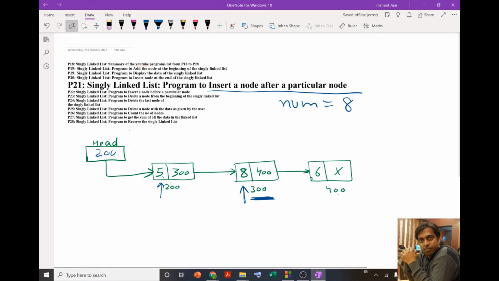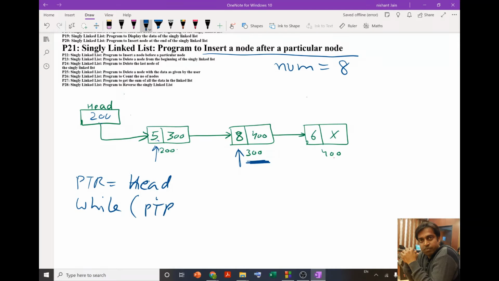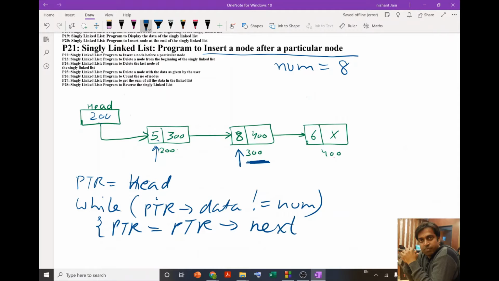So let's see how we can write an algorithm for this. To insert this, we can start with ptr equals head. Then we are going to check a condition: while ptr data not equals num.